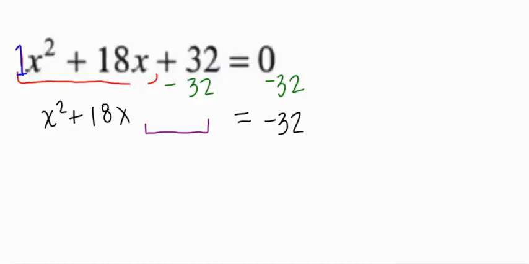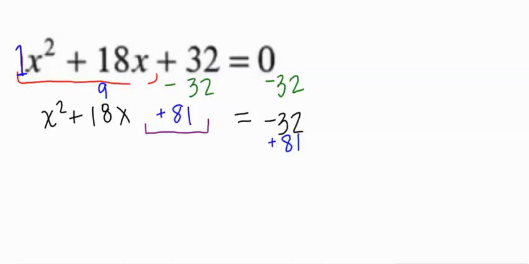To complete the square, I look at the linear term. The coefficient is 18. I'm going to cut that number in half. Half of 18 is 9. Then I'm going to take 9 and I'm going to square it. 9 times 9 is 81. If I add 81 to this left-hand side of the equation, I need to add 81 to the right-hand side